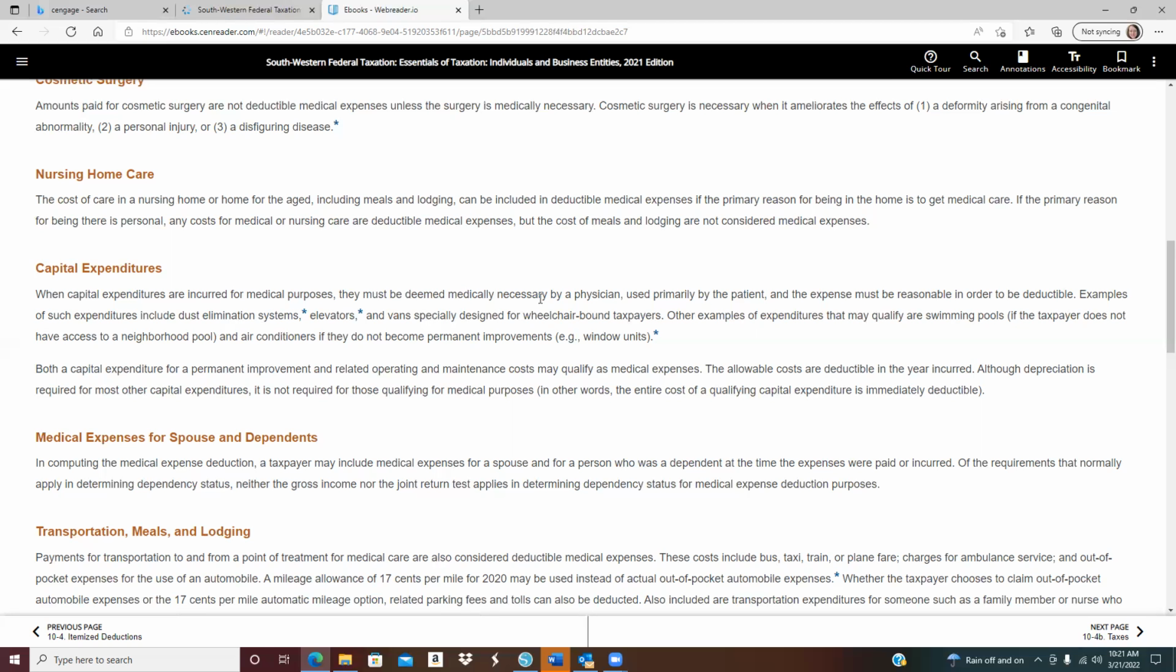are deductible. However, if they're there because of personal reasons, such as unfortunately they get to the point where they're old and cannot care for themselves, then only the medical costs are deductible, but the costs of meals and lodging are not considered medical expenses and therefore not deductible because they're not there for a medical reason, they're there